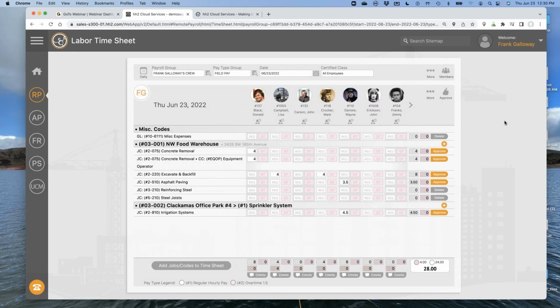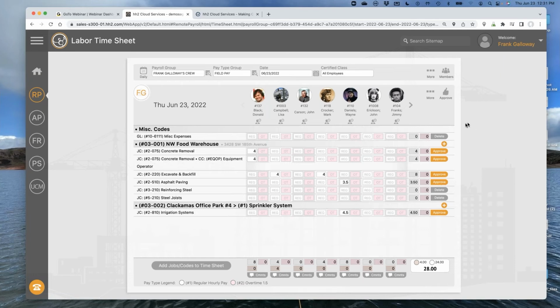Now, I actually clarified her question a little bit, and she says how to create an employee file, like for an admin. So there's no files that you would create for that employee in HH2. I'd be interested, can you tell me which accounting system you're on? If you would throw that in the questions panel, maybe. Okay, you're on Sage 100. Okay, so for Sage 100 Contractor, you're going to put all new employees in Sage. HH2 is going to sync those employees up and in HH2, so there's nothing that you need to do.